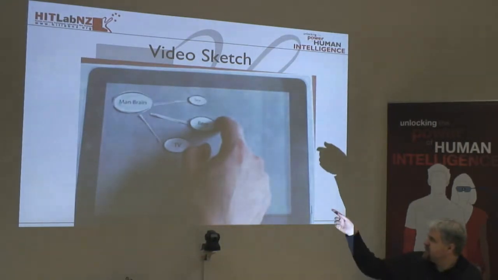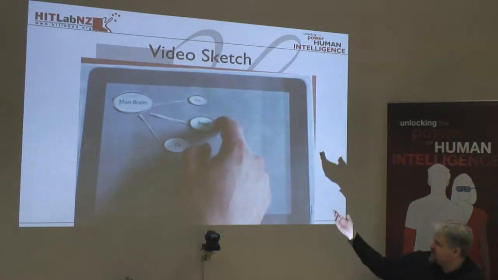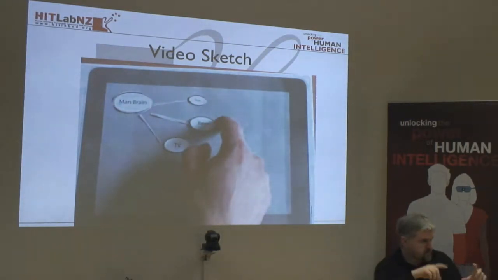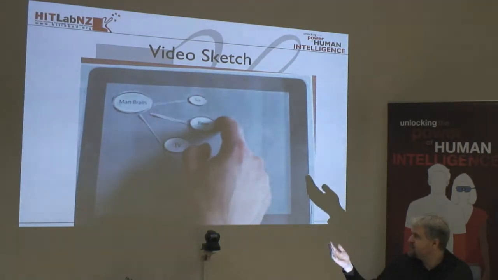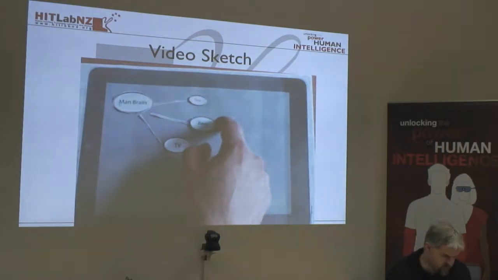So this is an example application for mind mapping. Oftentimes you'll concept mapping, you draw a bubble. So you normally do that on pen and paper, but with pen and paper it's quite hard to modify. Why don't we build mind map software for iPads that create bubbles dynamically and link you. So they made a video sketch so you can